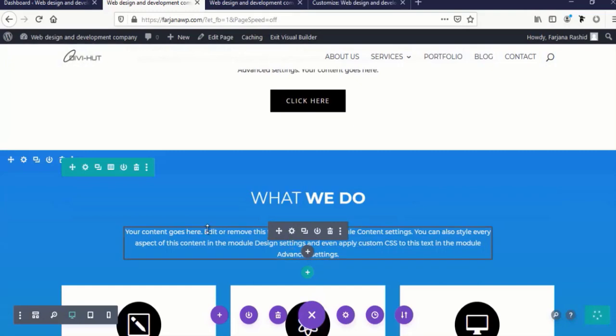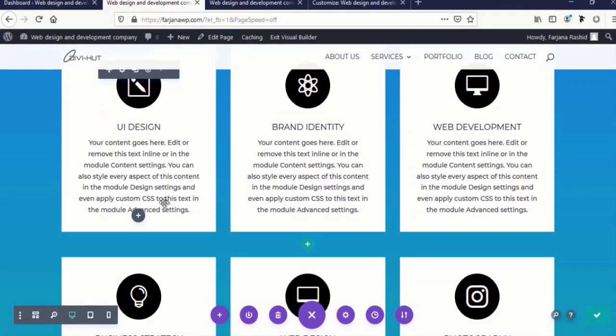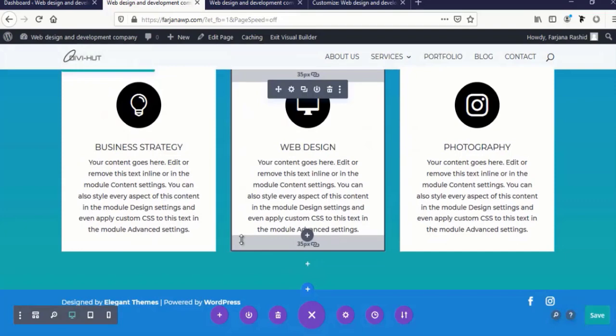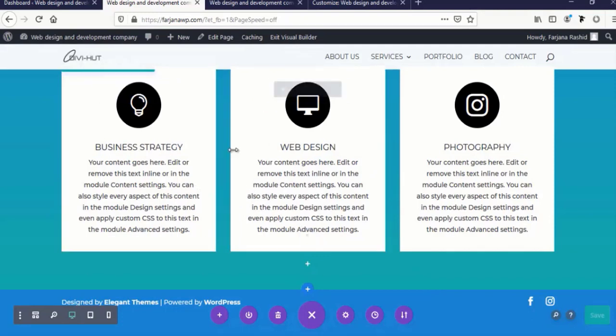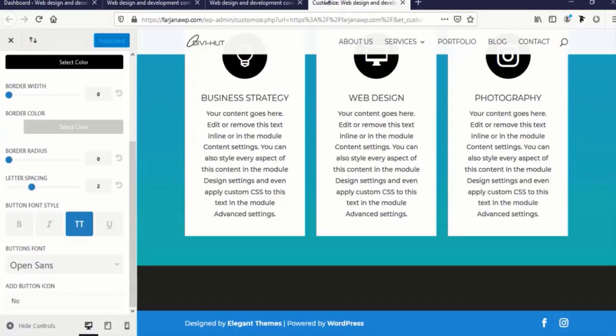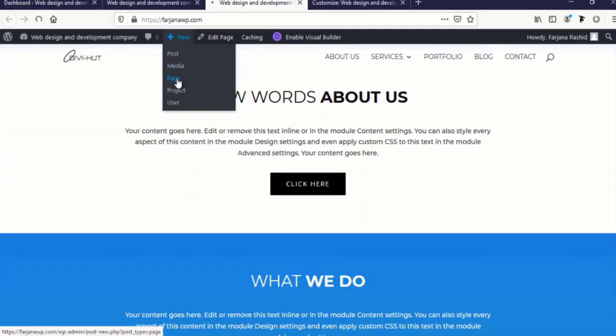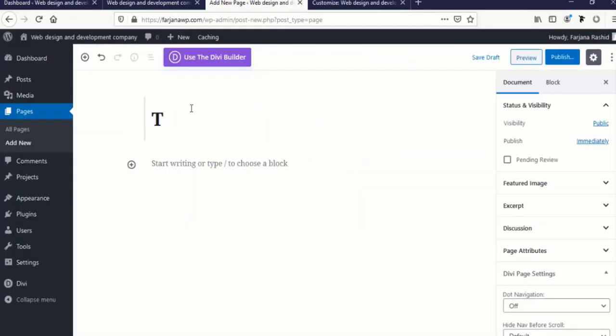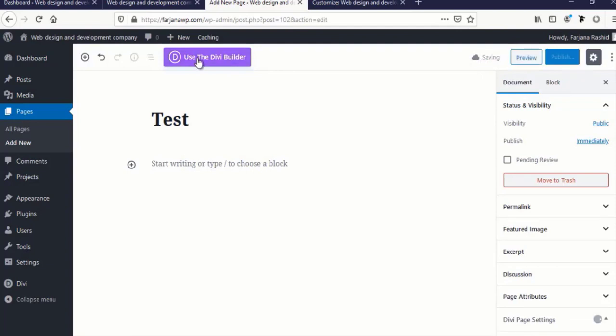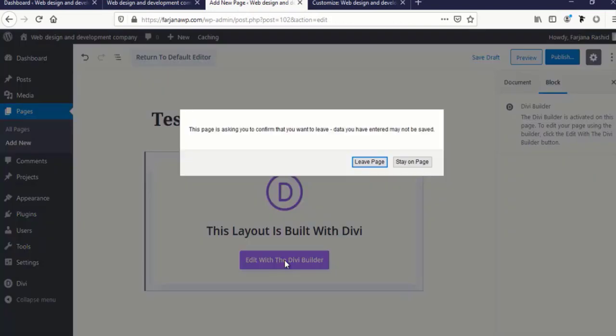Okay, so now to add some more sections from a pre-made layout, we need to create a test page, and then we will add some sections from there. So let me show you how we can do this. I'm going to create a new page and name it test page, and I'm just saving it as a draft page, and editing with this Divi builder,